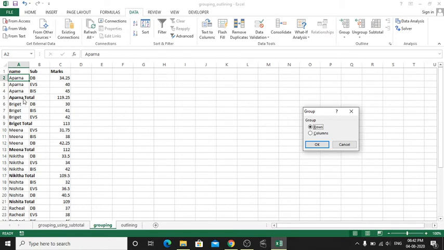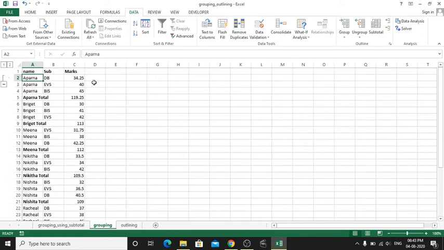Since our data comprises a total attribute row-wise, since the total calculation is performed on the row, right? Aparna's total in the 5th row, Bridget's total in the 9th row. So it happened in all the rows. So I'm choosing Rows. If the total has happened column-wise, you have to choose Columns. Okay, so I'm clicking Rows and going to click the OK button also.